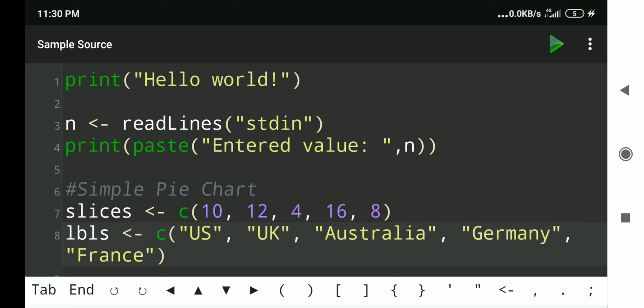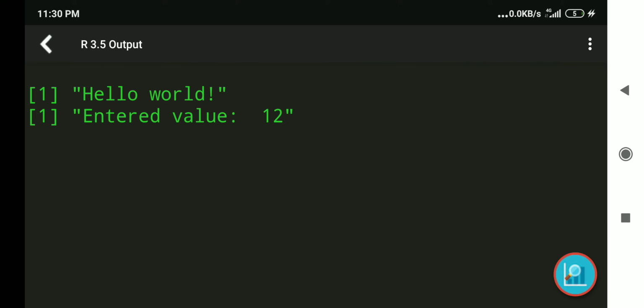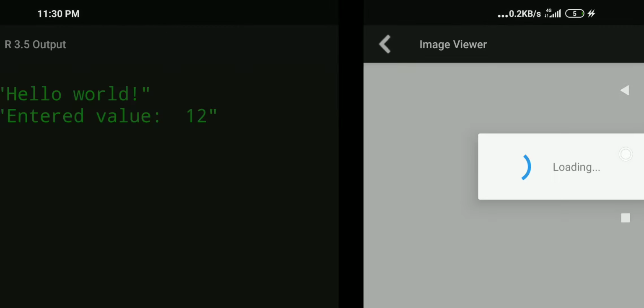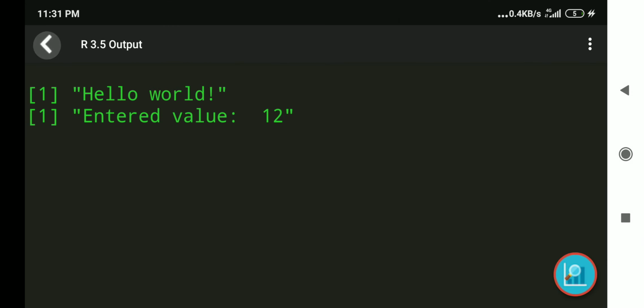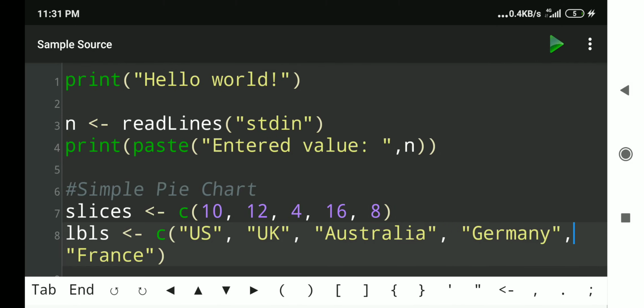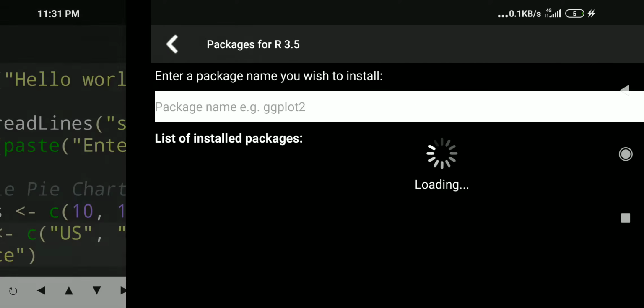And to look for the sign that it is upgraded, a graph symbol will be there at the right bottom. Click that graph symbol and it shall open. Okay, the pie chart is there. This is the indication that your version got paid. In the free version you don't have the facility to see your graphs, and you don't have the facility to install packages also.